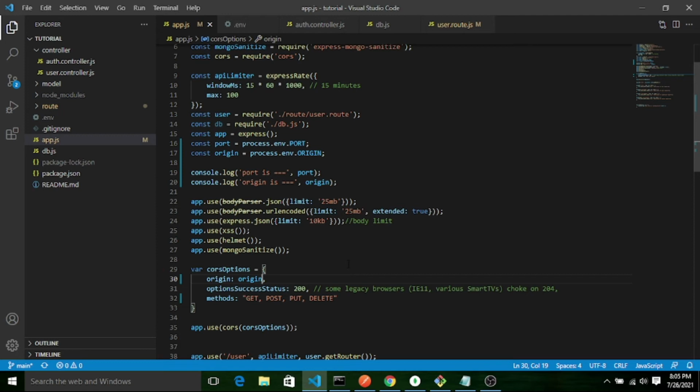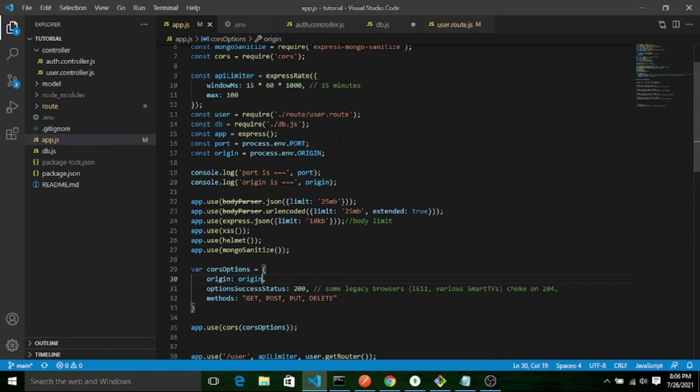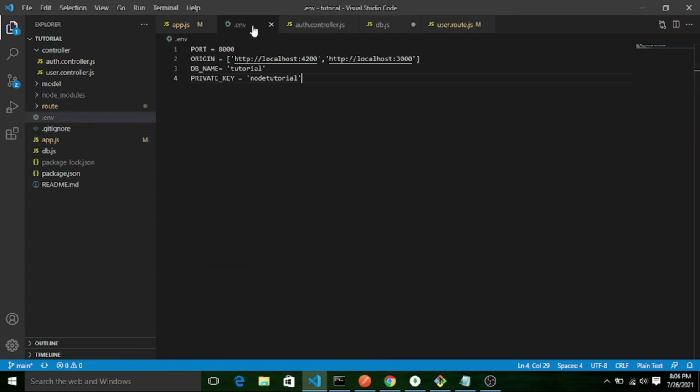Okay, so next is db name. So let me go to db.js. Let me create one connection string here. Before that, db equals to, same way, process dot env dot db name.